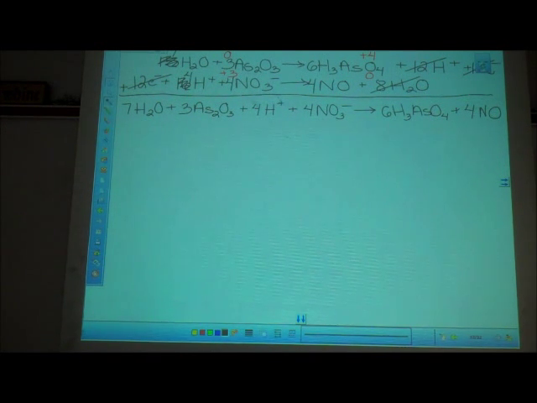If the question says balance in basic solution, I find where these are, and I'm going to add whatever this number is in front of the H plus, the same number of OH minuses to both sides of the reaction. Don't just add it over here, you add it to both sides. And I'm going to